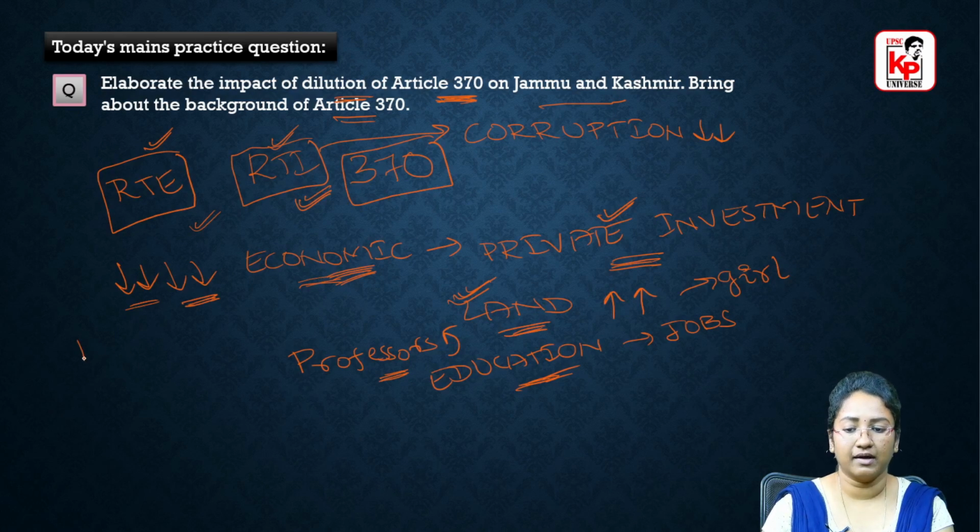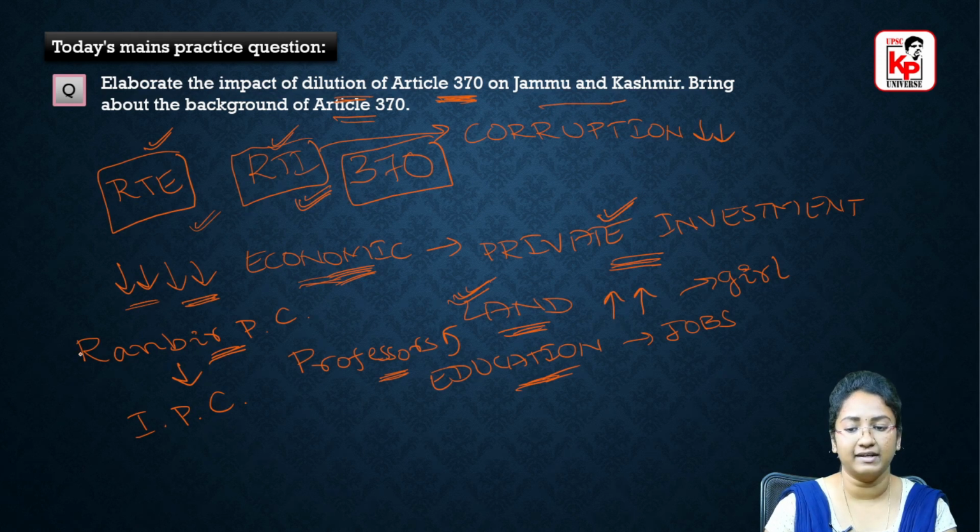And it would also have one more impact, that is, it was the Ranbir Penal Code. This used to be in Jammu and Kashmir instead of our IPC, the Indian Penal Code. And right now, after the presidential order of 2019, this Ranbir Penal Code becomes the Indian Penal Code only. So the Indian Penal Code would be applicable in Jammu and Kashmir instead of the Ranbir Penal Code, right? And also there was a separate flag for Jammu and Kashmir, and instead of that, one nation, one flag would prevail. And all these are the various advantages, or the various positive impacts of the dilution of